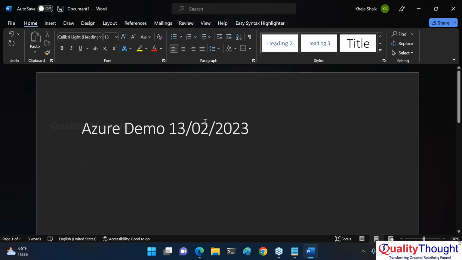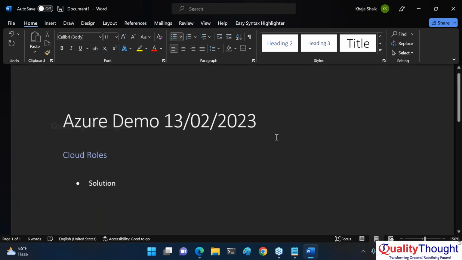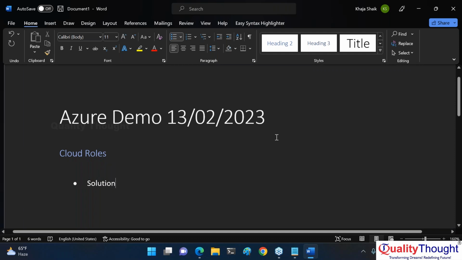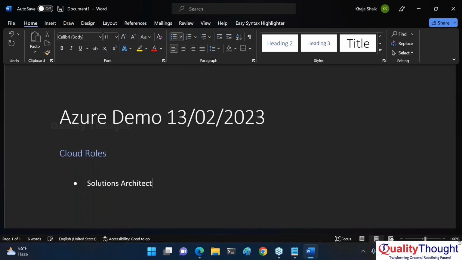So, cloud roles. Generally in cloud, you have, shall I zoom it? Yeah. Okay. Solutions architect. You have a role which is called cloud engineer or cloud admin.